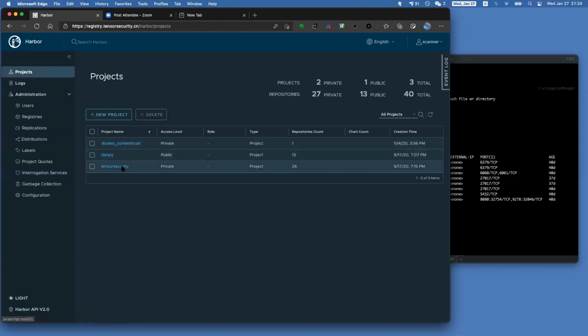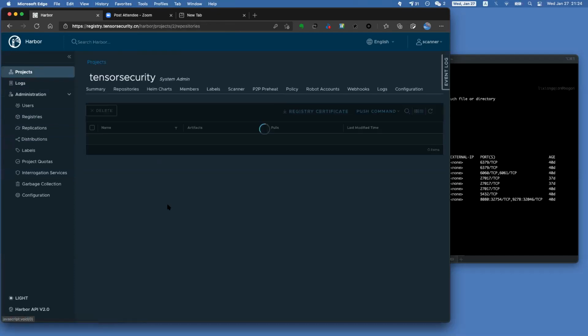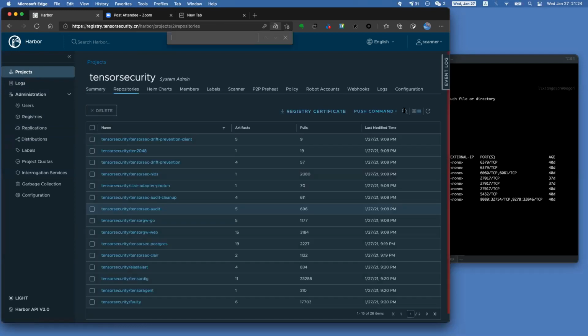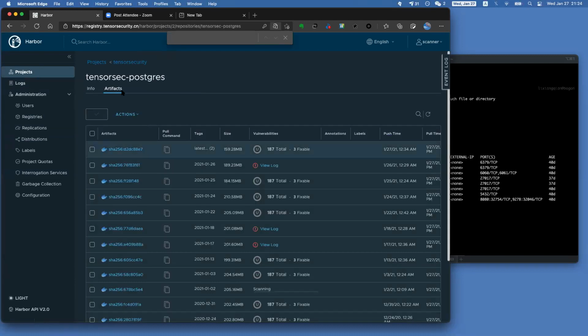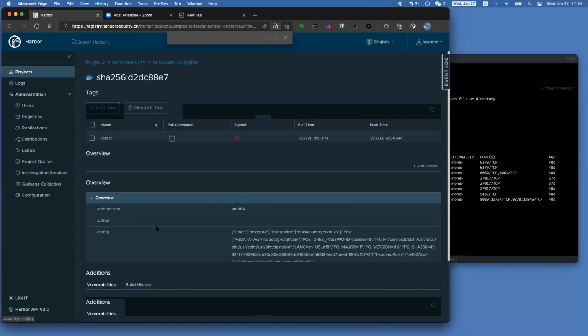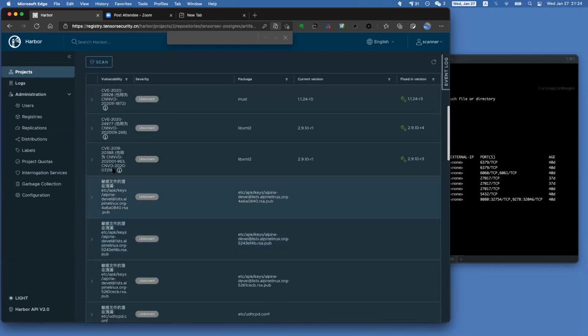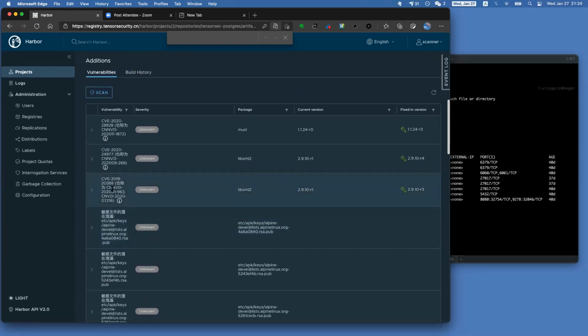I just found an example. You could see in the TensorStack PostgreSQL images, we can scan not only the CVE vulnerabilities,